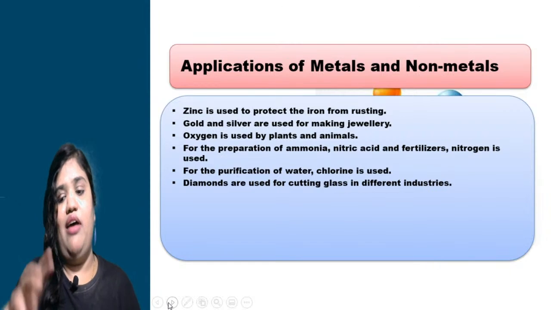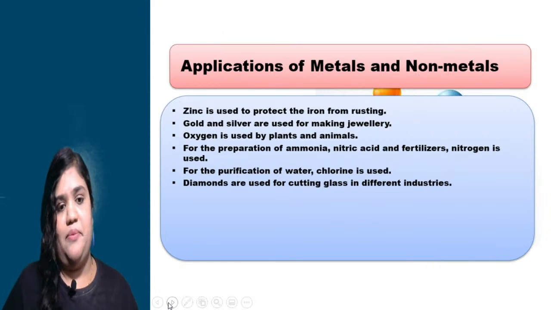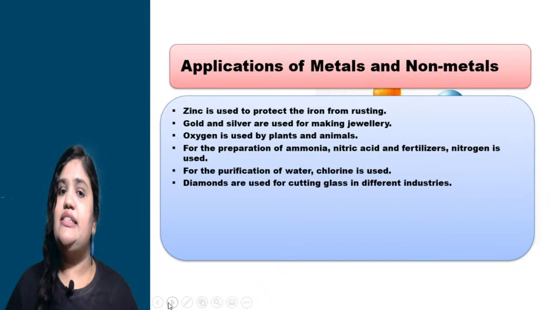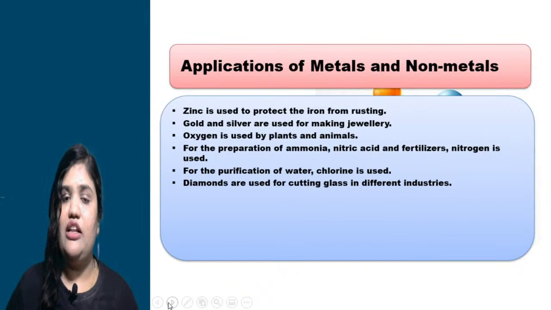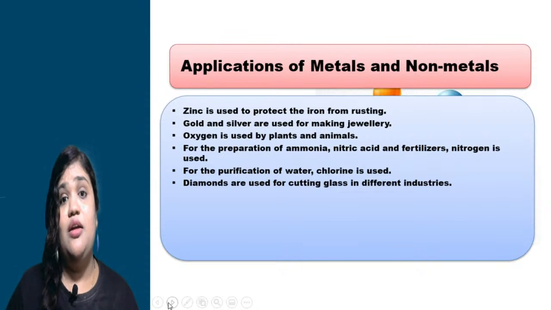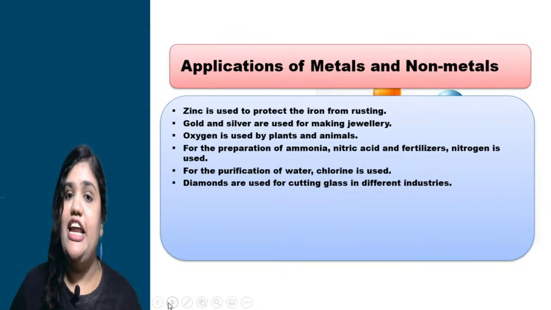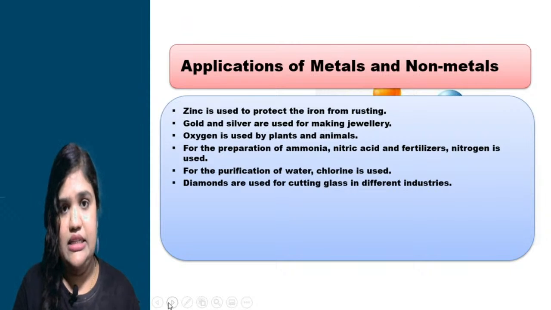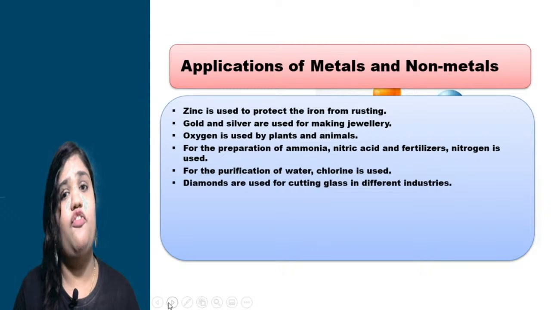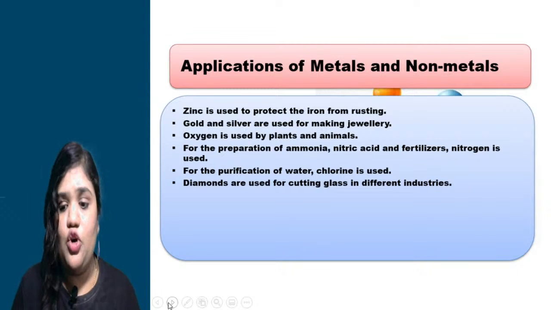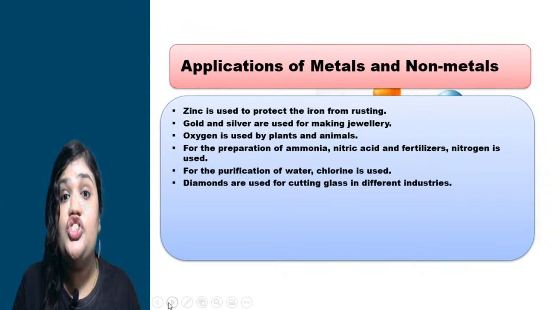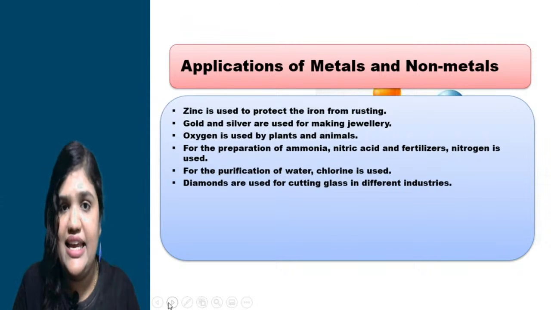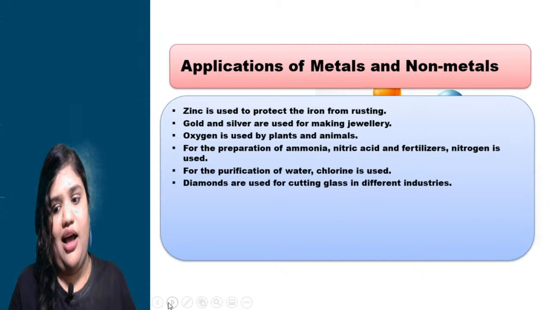One student has asked me what is an electron. Basically an atom contains 3 subatomic particles. What are these 3 subatomic particles? Protons, neutrons and electrons. Protons are the positive subatomic particles of any atom. Electrons are negative subatomic particles of any element, and neutrons have no charge. Neutrons are neutral in nature. I hope you will get your answer.